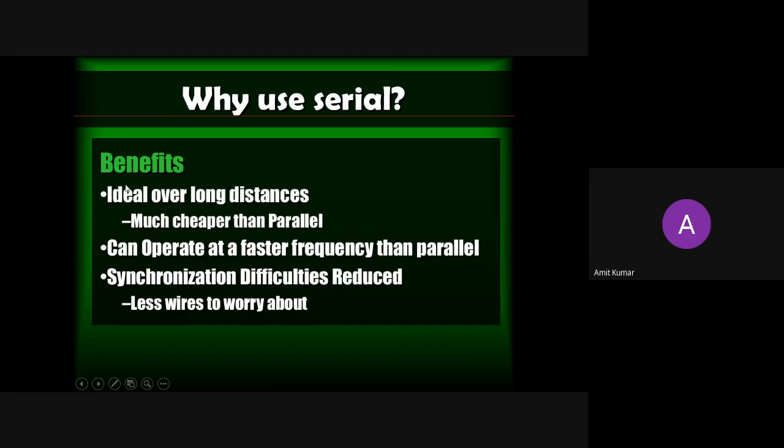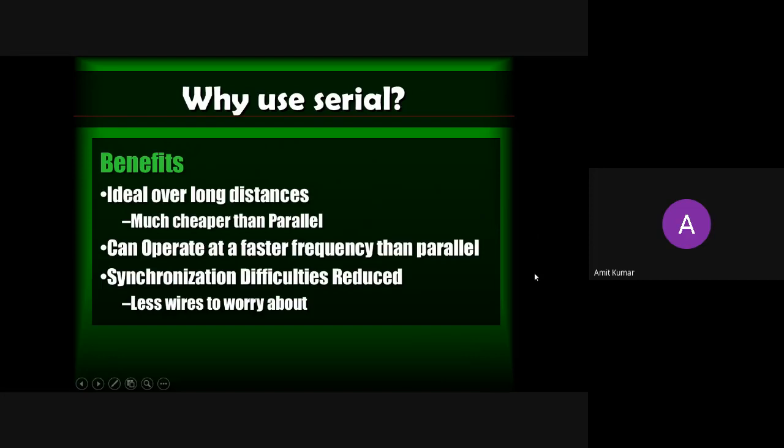As we know, in serial communication we have either one or two wires. If you have only two wires, you can send the data at a higher rate because we do not have parasitic capacitance over the wire. If you do not have the capacitance, that means you will not have any kind of crosstalk over the wire, so you can send the data at a very high rate. That is the second advantage of using serial communication.